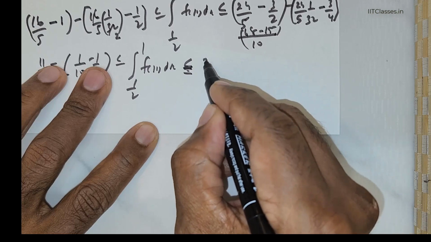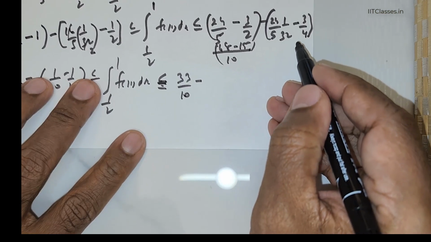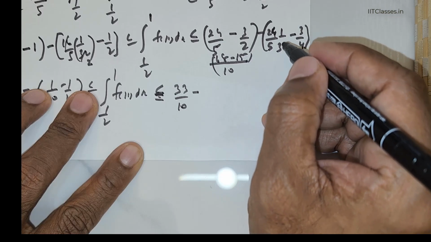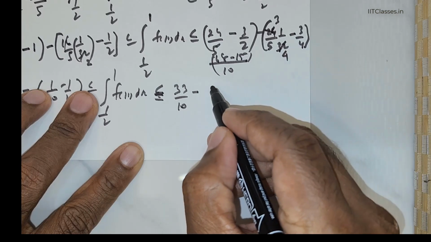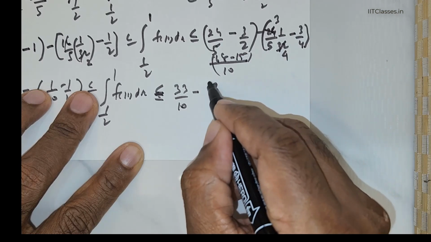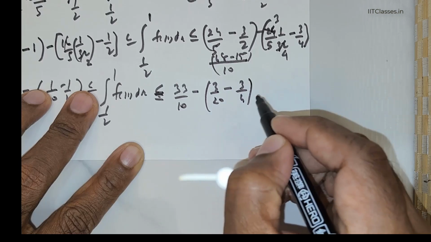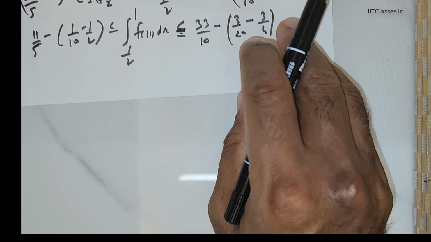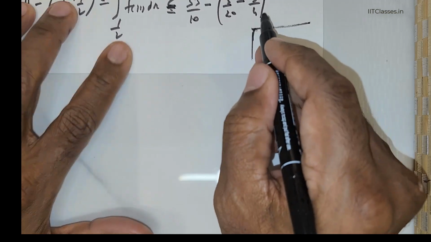So this is going to be 33 over 10 negative. Now you have a 24 and a 32. Okay, so 8 will divide here 3 times, 8 divides here 4 times. So this is going to be 3 over 20 negative 3 over 4. In fact, we could have simplified it there. Okay, anyway, it does not matter. We can simplify it right here. So this is